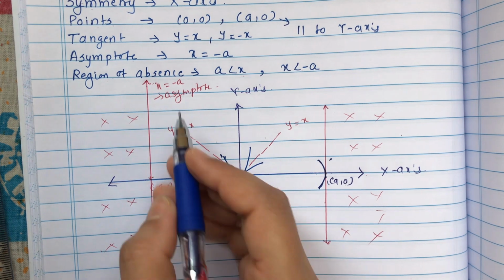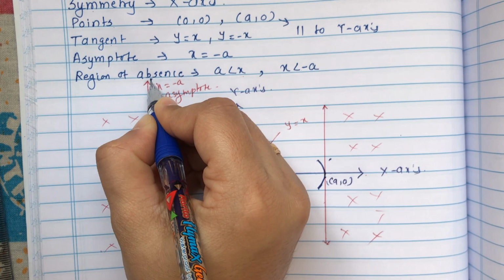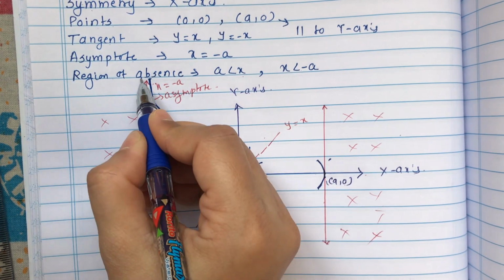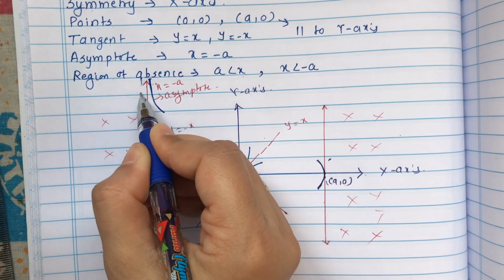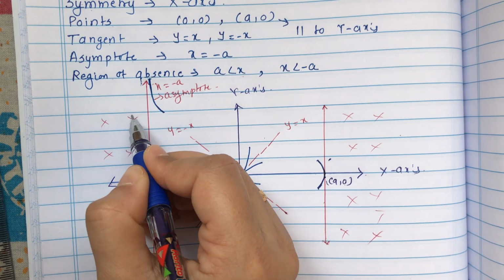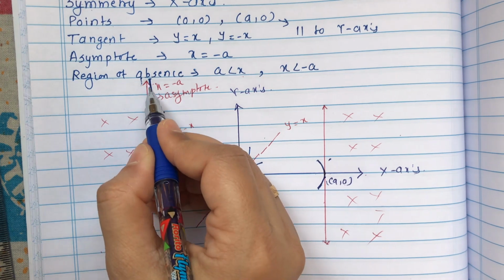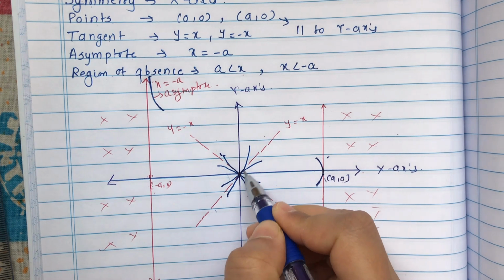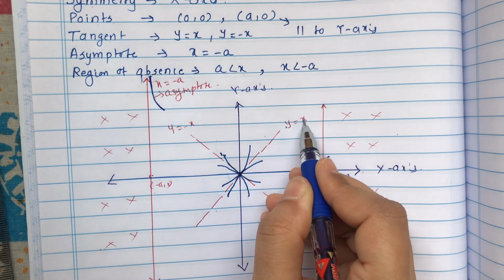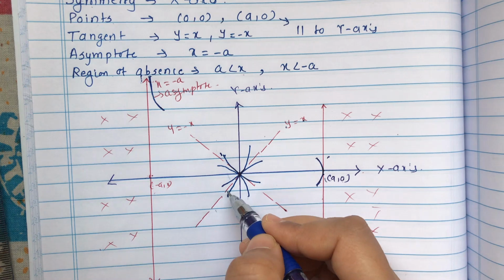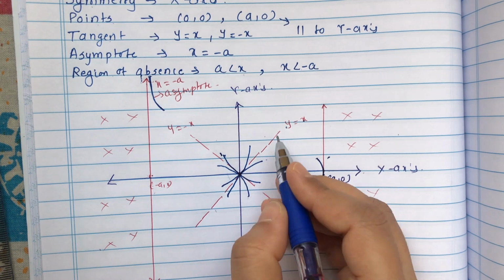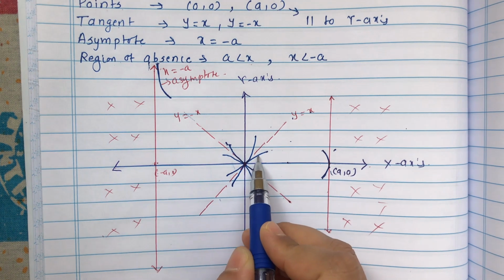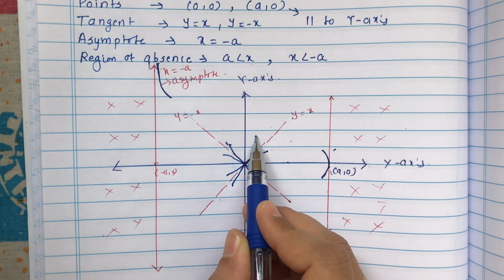Now here it is an asymptote. For an asymptote, I have already told what the nature should be, this should be the nature. Again there will be one more possibility from this side, but this is again a region of absence, so we will go with this possibility. Now here we can say y is equal to x is a tangent line and these are the two branches. Now the next question that comes to our mind is whether we go with this branch or this branch.